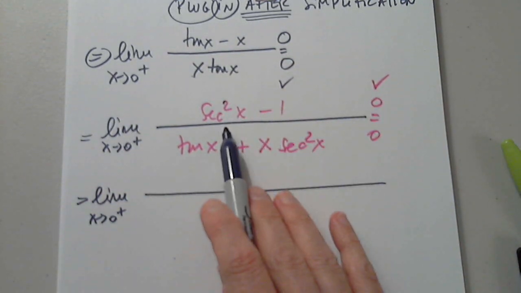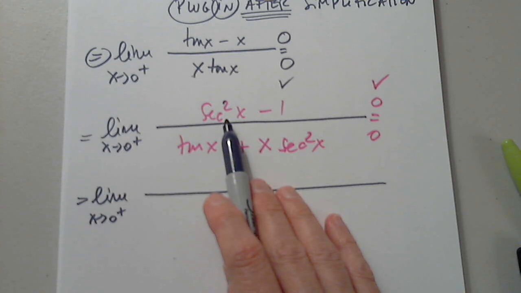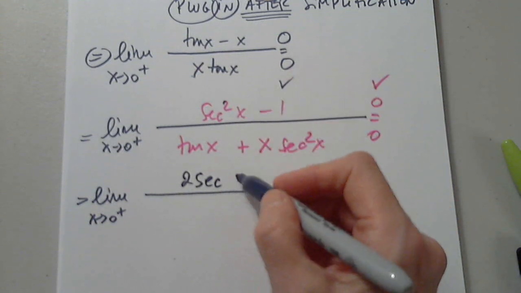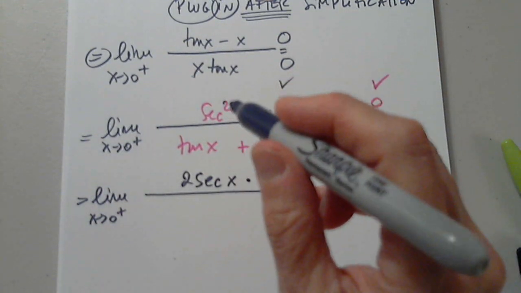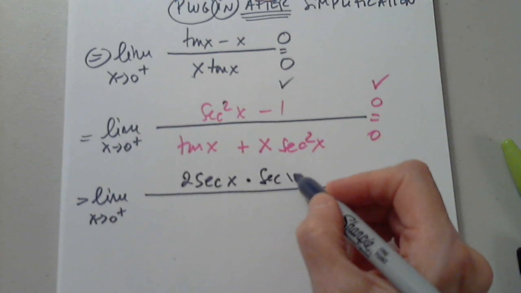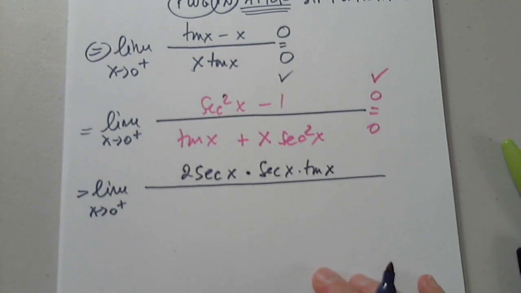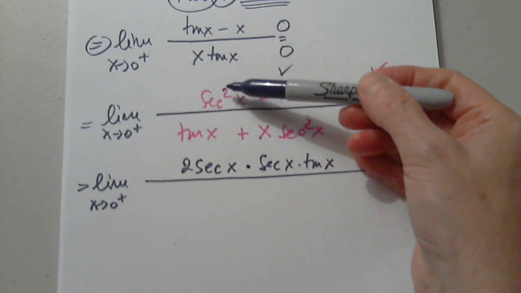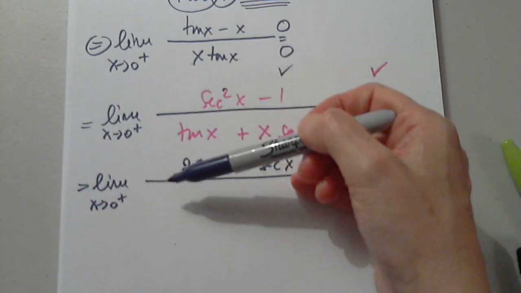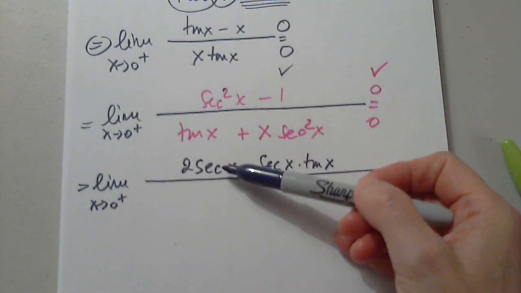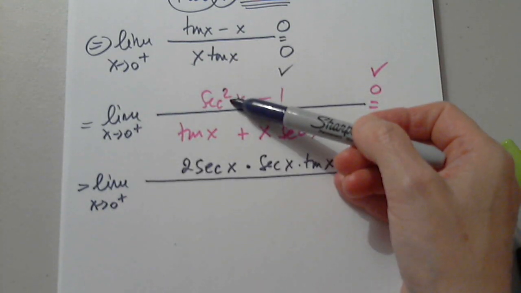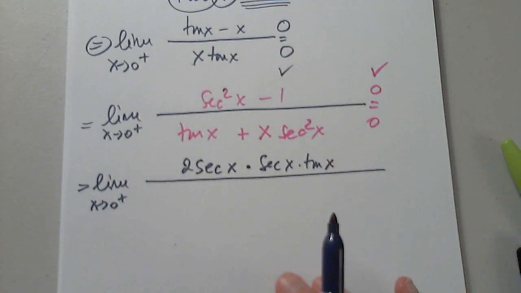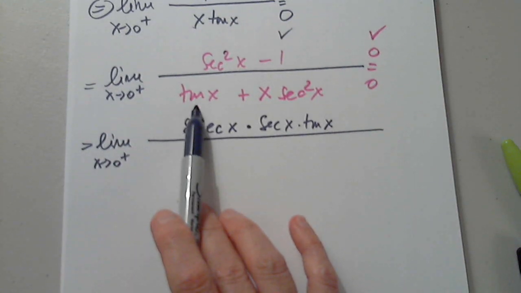Now I have to be careful how I differentiate secant squared. 2 in front, secant to 2 minus 1 times the inner function prime, which is secant x tangent x. So let me go through this again. Secant square prime is 2 times secant to 2 minus 1 times the inner function prime, which is secant tangent. Negative 1 prime is 0. Now, secant squared,